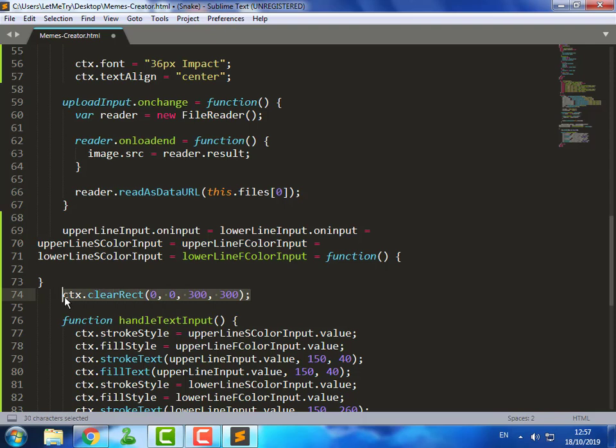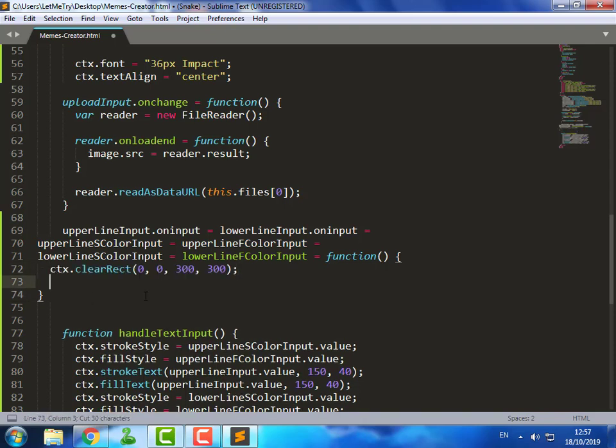Replace the text whenever the user changes the color, and not only when he types.